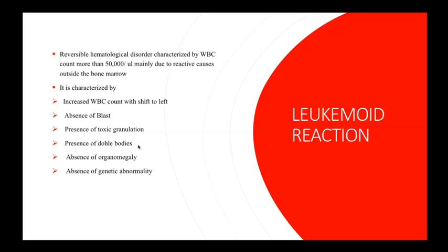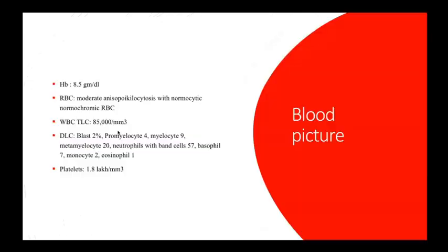So ma'am, what is the difference from toxic granules? Toxic granules are granules. Like a neutrophil has fine granules. Look at this photo. Neutrophils have these granules, these dots. In a neutrophil you have fine granules. When they become coarse, it is called toxic granulation. The granules become active to release the enzymes, the neutrophilic enzymes. Then they become coarse. It's a sign of activity in the neutrophil.